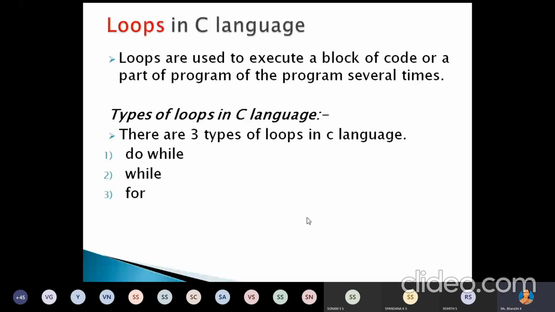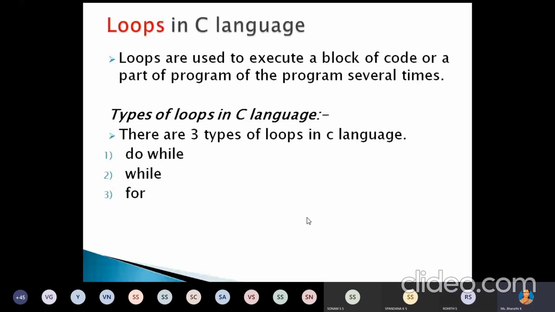Now, for example, I want to enter the student information. I want to store the student information in some file. That means I want to read the student name, the USN number, and the different marks. See how we can read that. Instead of writing name, USN, etc. again and again, you can just write that inside one loop and iteratively execute that particular part, right?